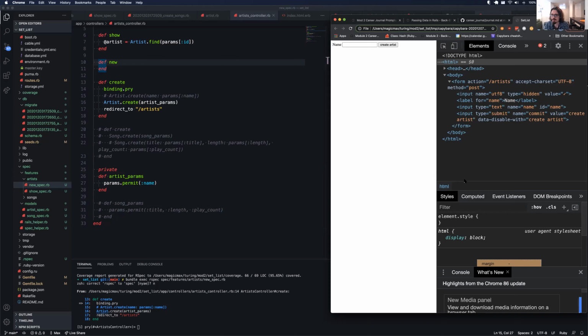So we can see here that we get the action, which is our path that we're submitting to. So we're submitting to /artists. And we don't see this in our view helper, but we can see here that the method, the way that it's submitting, is with a post request. So this is where we see the verb and path that get generated. And then we also see all of our inputs here. So we see, whoa,